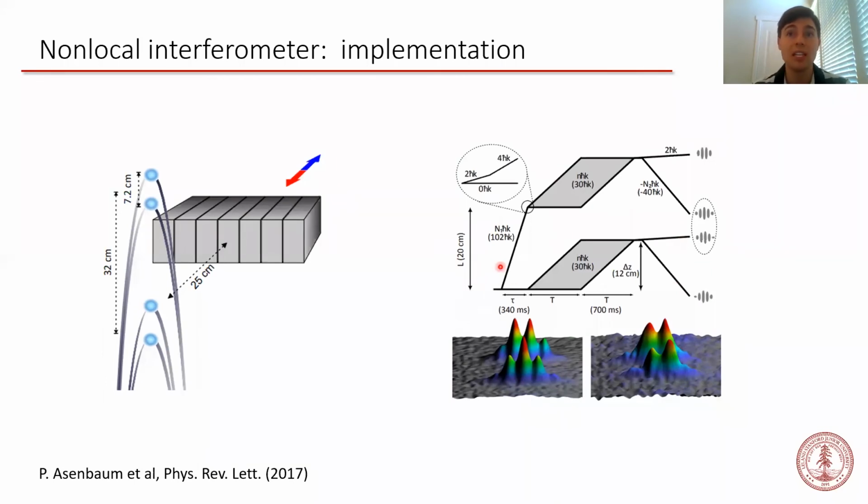An initial LMT sequence splits the cloud into two parts, which separate for some drift time. Each cloud is then used as the input for a Mach-Zehnder interferometer. To compare the phases of the two interferometers, we image one output port from each of them. Specifically, after the interferometry sequence is complete, there is an additional LMT sequence that drags one port from the upper interferometer close to one port from the lower interferometer. And we image these two ports. This picture shows data from one interferometer, and this picture shows data from the gradiometer.